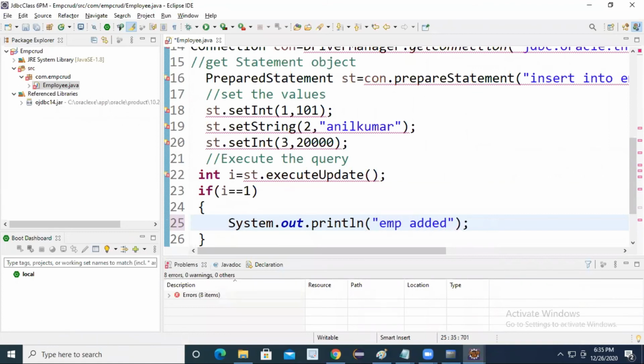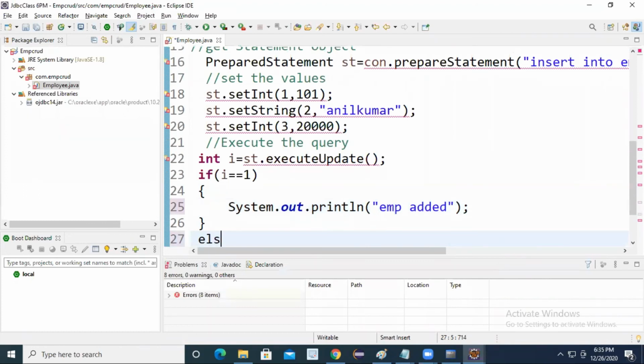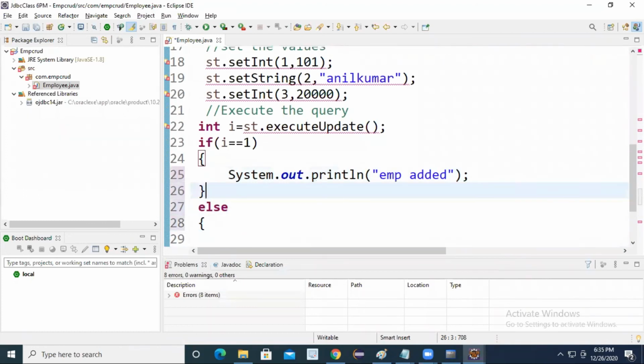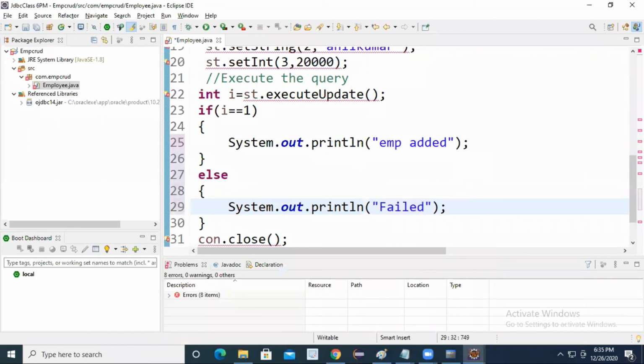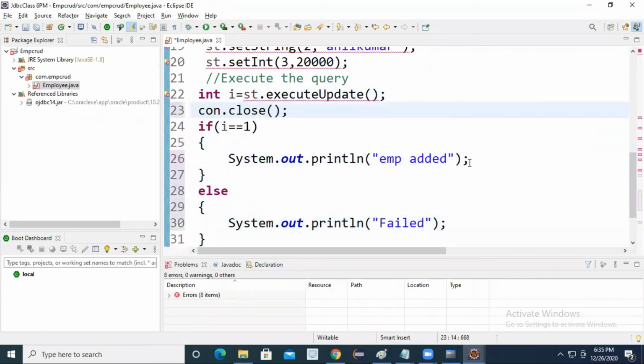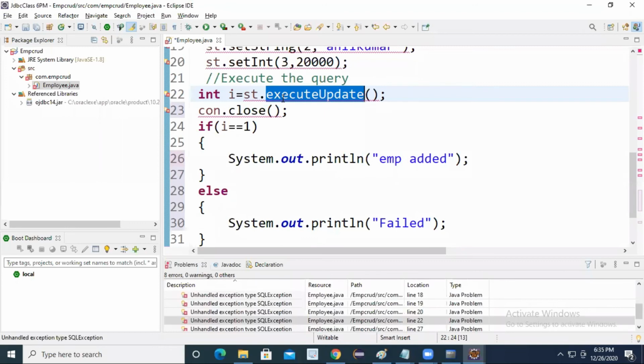Otherwise, I want to display one more message saying failed. Simple program I have written. Here you can close the connection, no problem. If the employee is inserted successfully, then i is how much? 1. Otherwise, i is how much? 0.